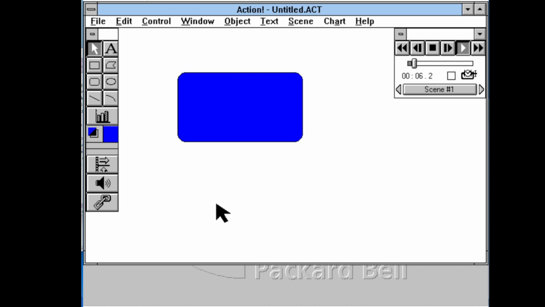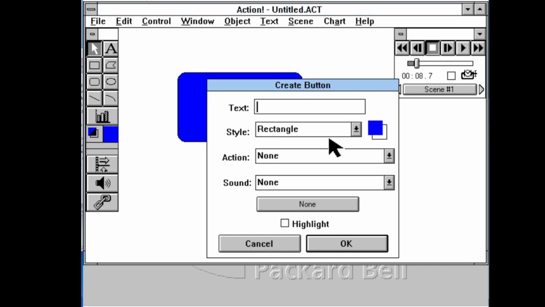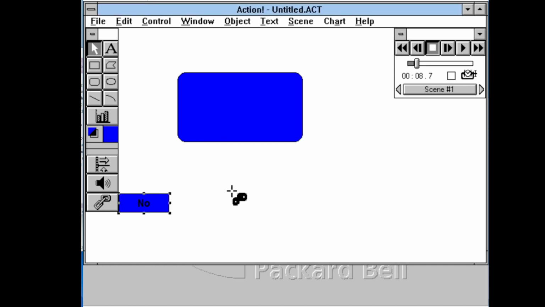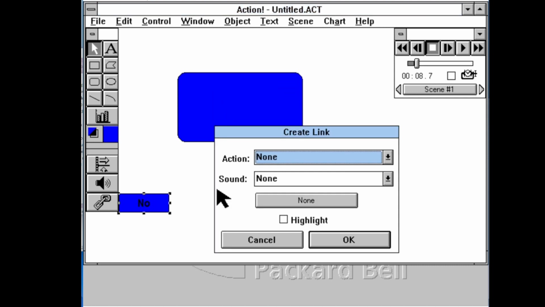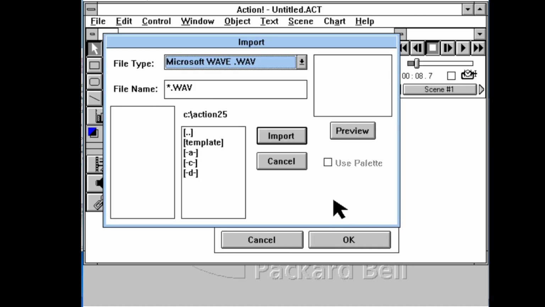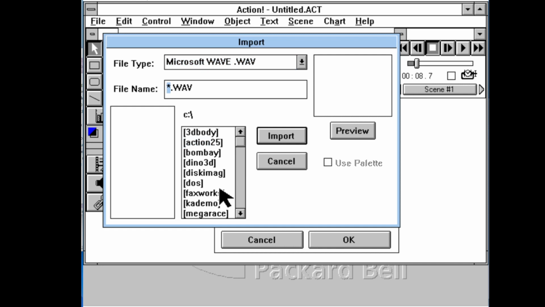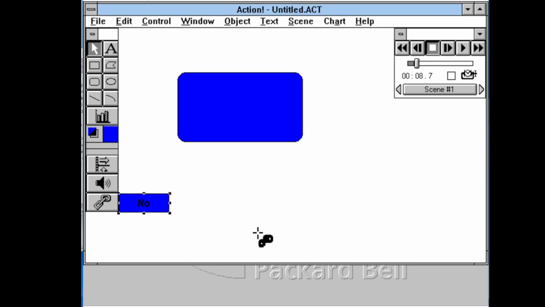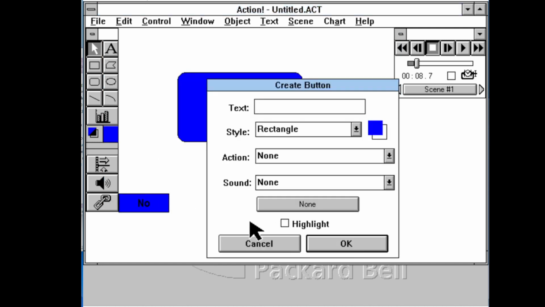I think I'm supposed to be able to animate this or something. I'm not entirely sure. Create button. So I can have it play a wave sound or a MIDI sound. So actually, what I can do